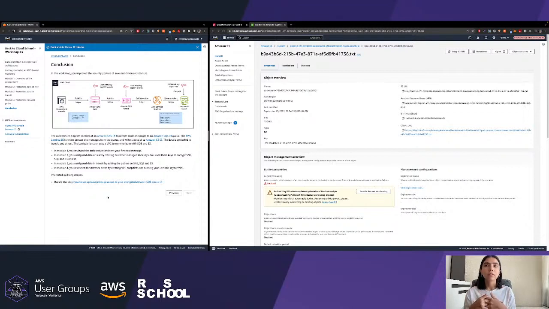So we did the data encryption at rest, in transit, and also we added another layer of encryption protection by protecting our network paths. So we did combine in one VPC all our services, and we did create the VPC endpoints in order to bypass the public internet.